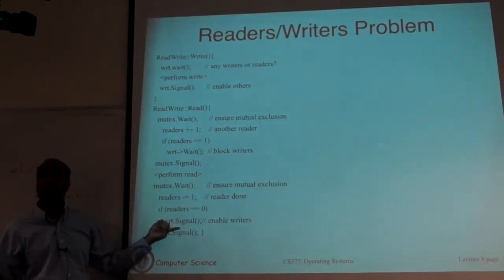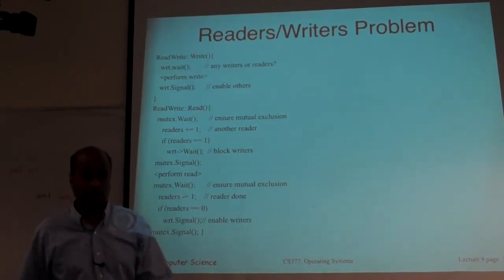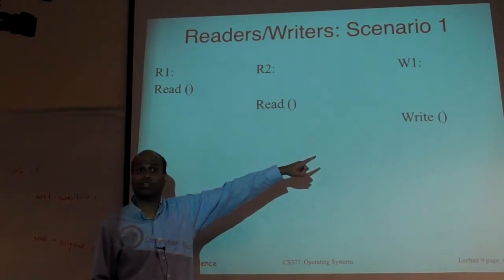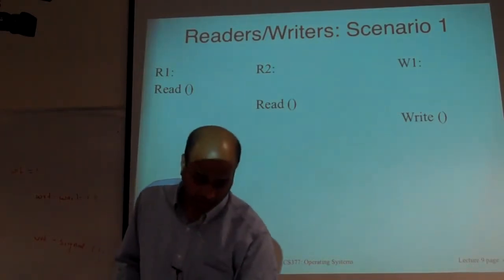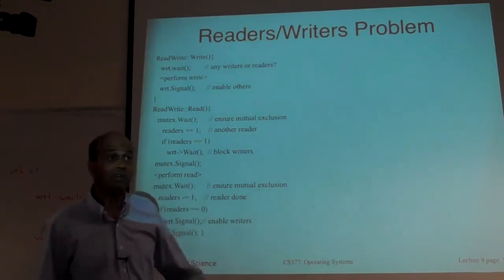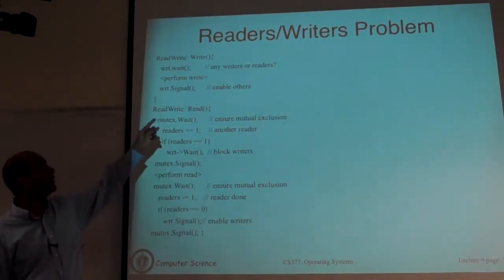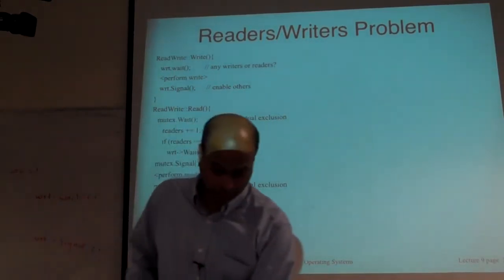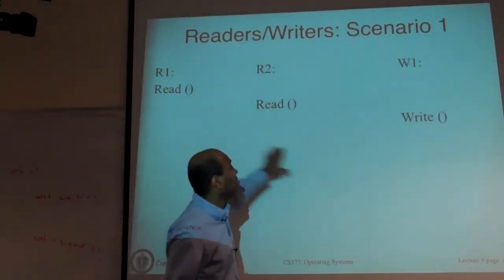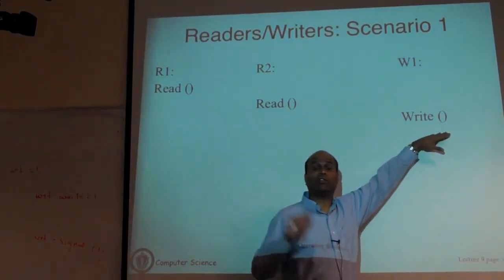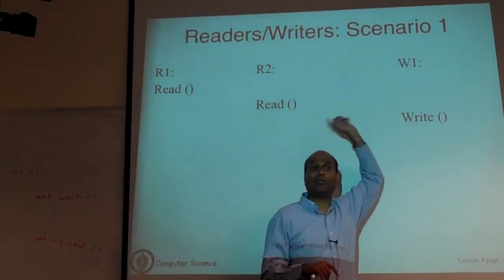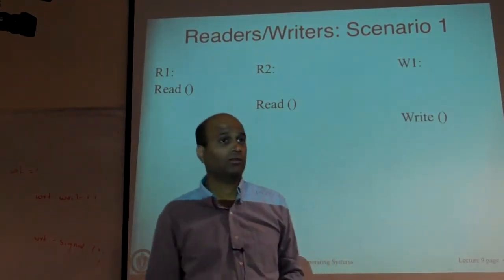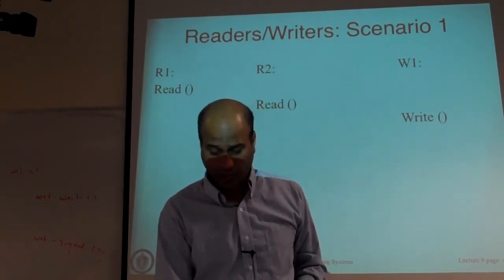And you call a signal, which causes the writer to unblock. So if that writer had actually executed while the readers were running, it was sitting there blocked. Okay, the last reader, whichever one that is, will execute this code and unblock that writer. Okay, the writer will proceed. So you will have 2 readers executing concurrently. This writer, if it starts executing while either of those execute, will be blocked. At the end of both the readers being done, the writer will proceed. Okay, that's the order in which things will happen.